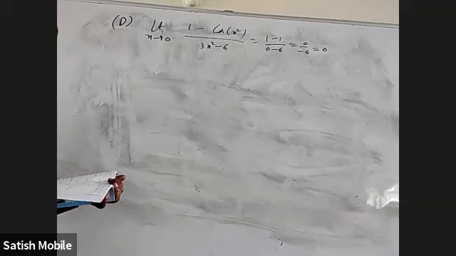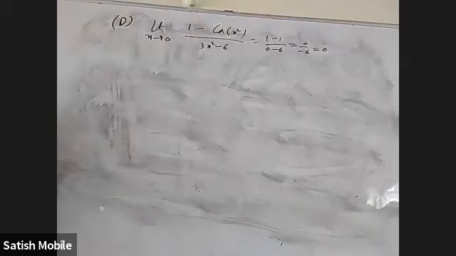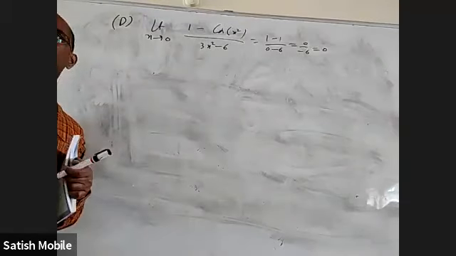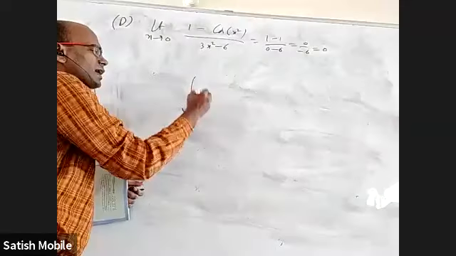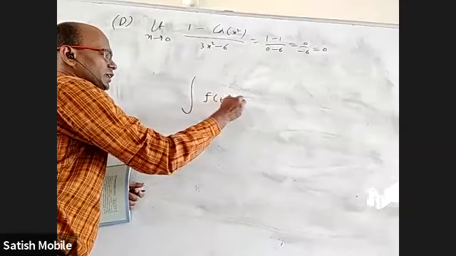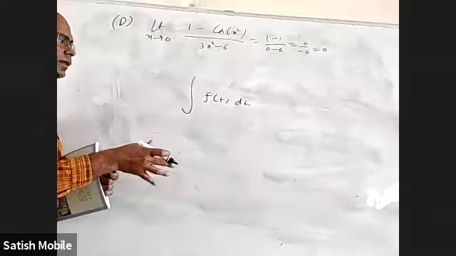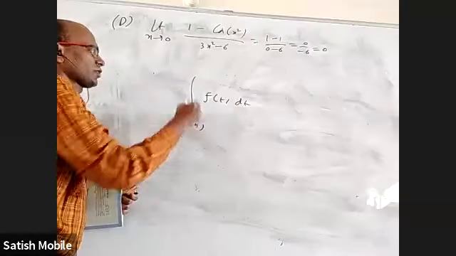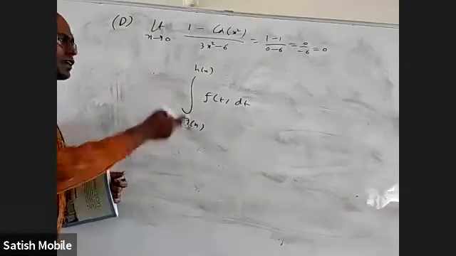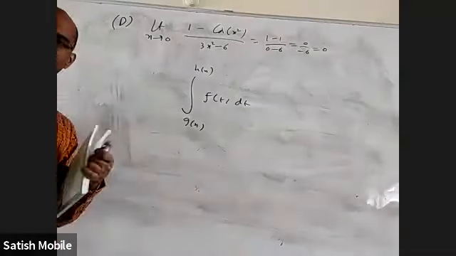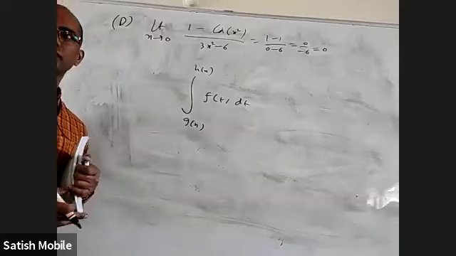Okay, so what is it I want to tell? Please listen, everybody. There is a place where you cannot use the fundamental theorem. Where is that? Let us say I have some small f of t dt, which is a function of t, and I have some g of x and some h of x as limits. You can take small f integral as capital F, put upper limit, lower limit, you will get the answer and then differentiate it. That's how we derived the formula.